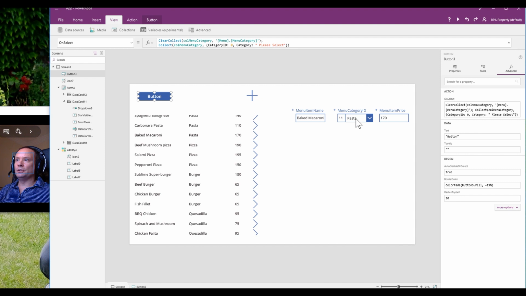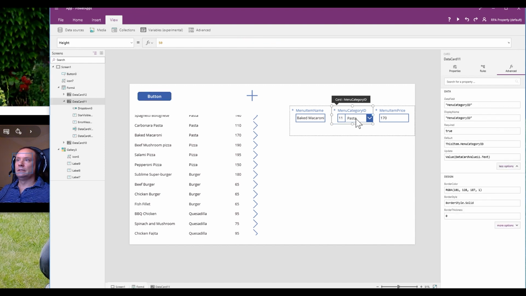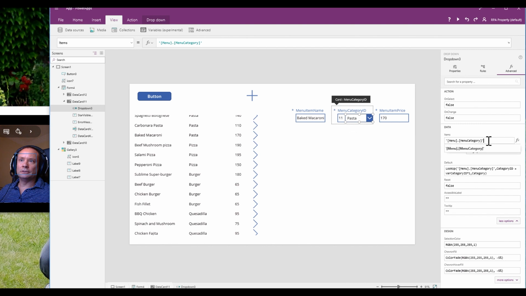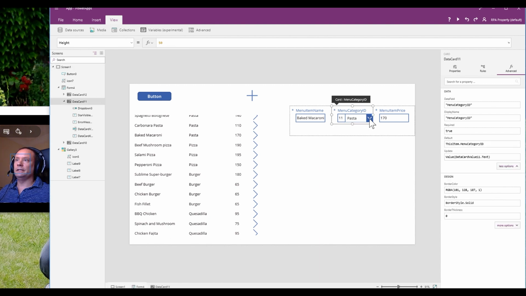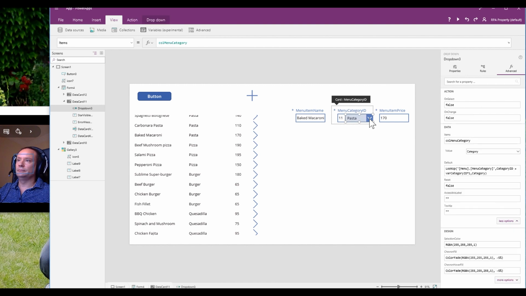And now what I'm going to do is I'm going to base this drop down on, here we are, not on the base table, but on my collection. Col menu category. Fantastic, there we are. And hopefully we should now see